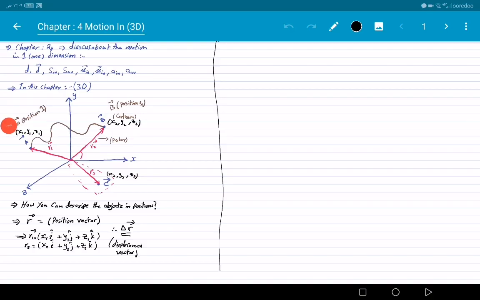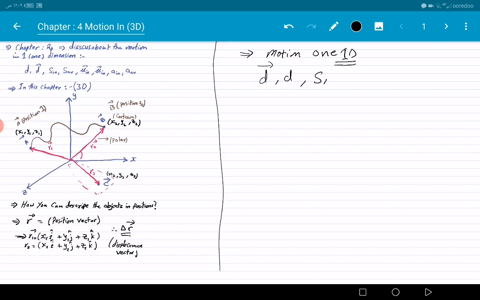Okay, today we start chapter 4. It's about motion in space, or in three dimensions. Last chapter, in chapter 2, we discussed motion in one dimension, 1D. And we learned quantities such as distance, displacement,